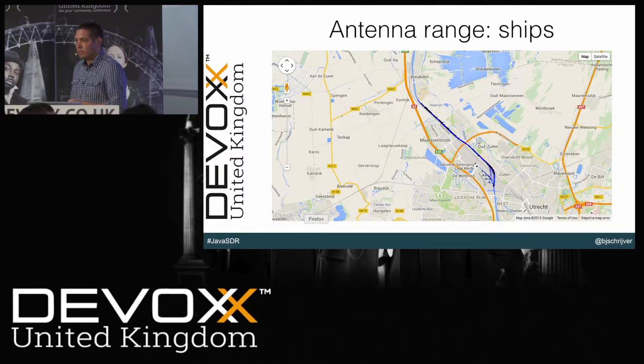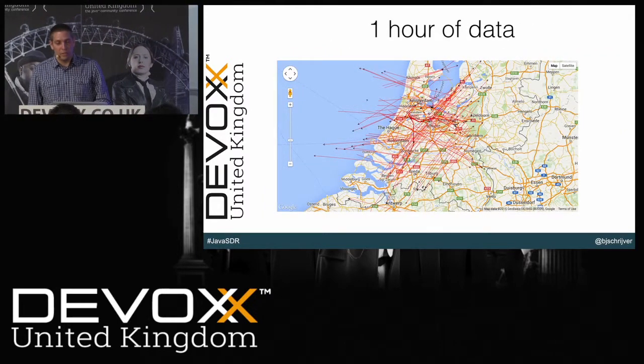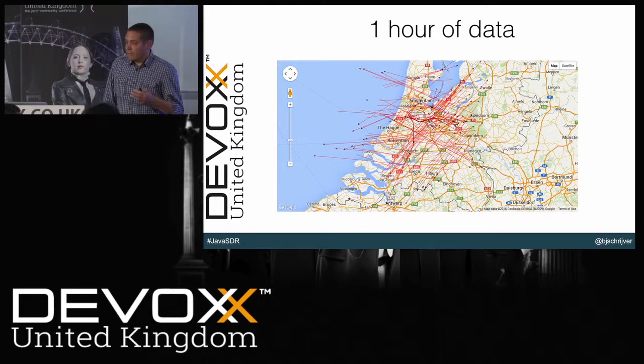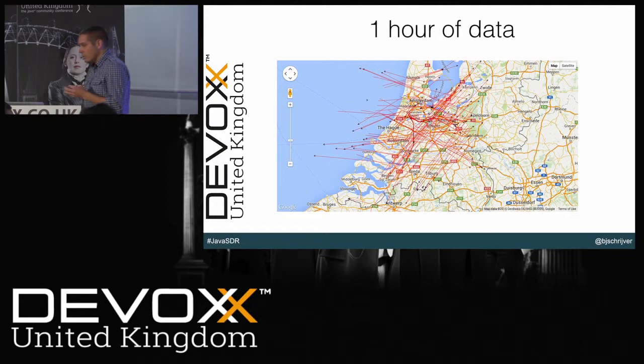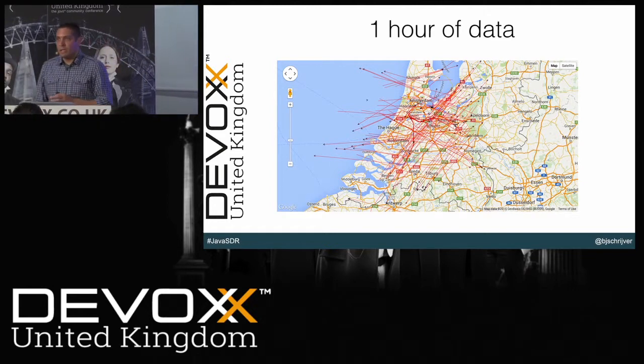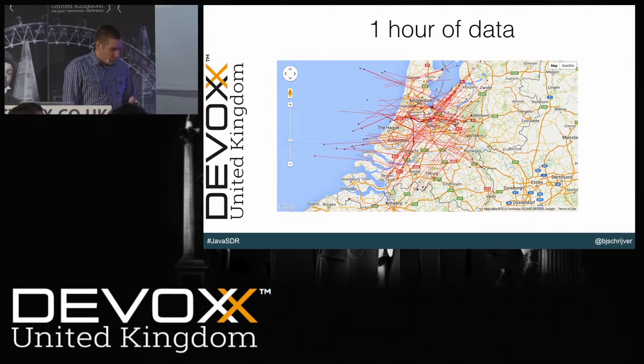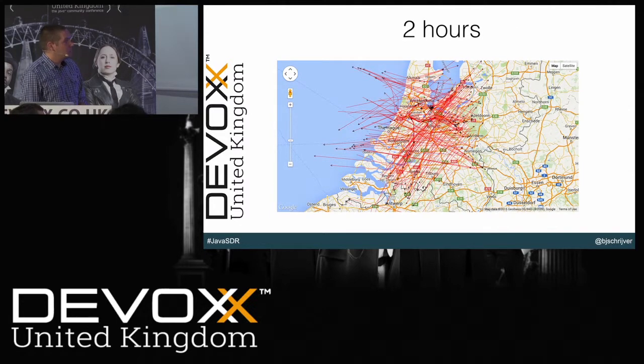So, of course, the interesting thing to look into is aircraft, since these produce more data and it's easier to get. So here's 1 hour of data. I made these screenshots yesterday afternoon. So these are the planes that were in the air yesterday at around 2 o'clock in the afternoon. This is 1 hour of data, and you can see some flight paths forming already. You can see here they're going this way. Here there's a few flights going this way. When we continue increasing the range, you can see some more of these flight paths forming, but also there'll be some more disturbance in the picture, since there are all kinds of planes just shooting over the Netherlands.